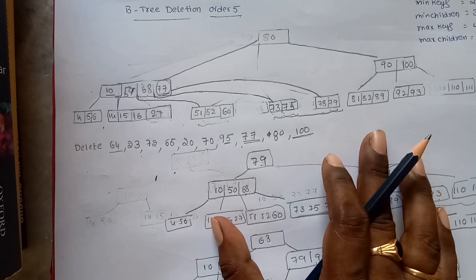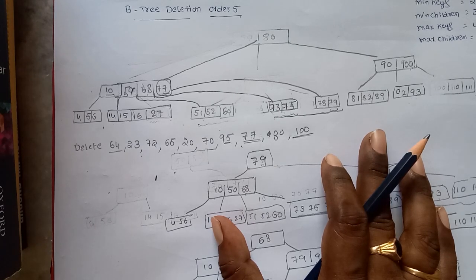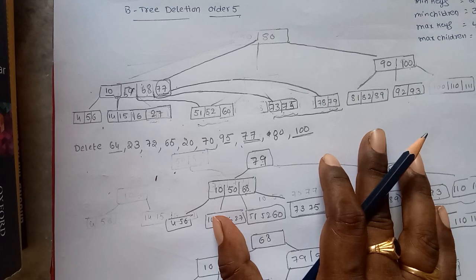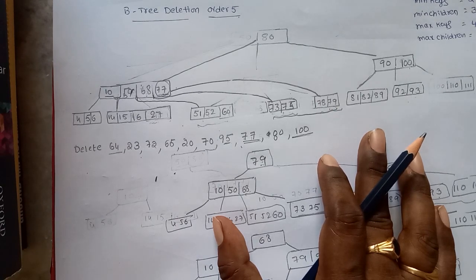In case of taking a borrow from the sibling, the parent is also involved. If you are taking a borrow from the left sibling, the largest element of the left sibling is moved to the parent and the parent value is copied into the violated node. If you take a borrow from the right sibling, the smallest element of the right sibling is moved to the parent and the parent value is copied to the violated node. This is case 2. Now another case is, suppose the sibling also contains the minimum number of keys, then